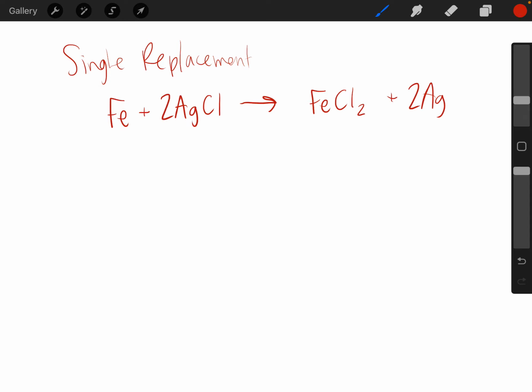So for example, right here with this reaction, iron is all alone. They're single. They get their eyes on chlorine because chlorine looks attracted to them, and they decide to compete with silver right here to try to steal chlorine. And so what ends up happening is that iron ends up getting with chlorine and making a cute little compound there, and then silver is left all sad and single. So the trick to a single replacement is, do you have someone single at the beginning and someone single at the ending,